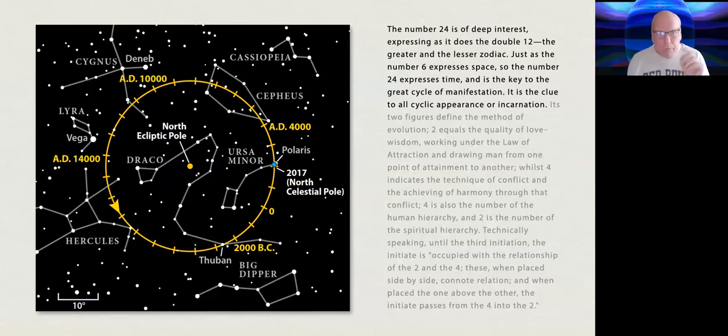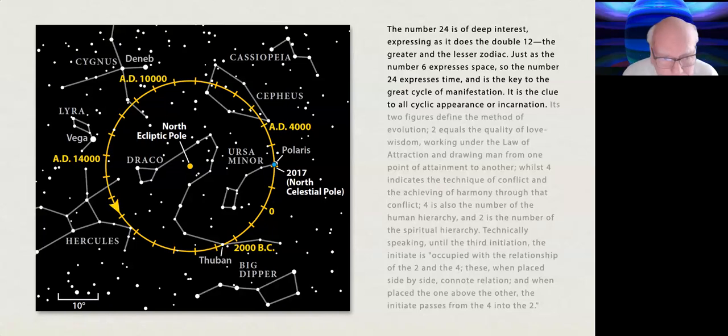So, the number 24 expresses time, and the number 6, which is the sum of 2 plus 4, equals space, suggesting that both time and space are inherent aspects of Shambhala, which stands on the cusp between the lower realms ruled by time and space and the limitless, timeless realms of cosmos. The fact that 2 plus 4 equals 6 also suggests the interchangeability between time and space.